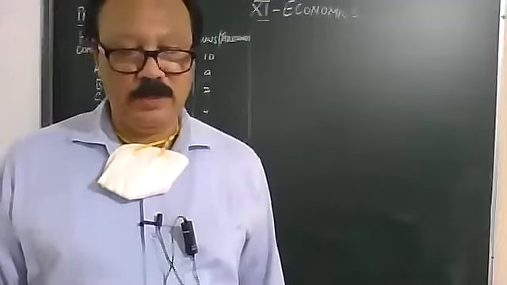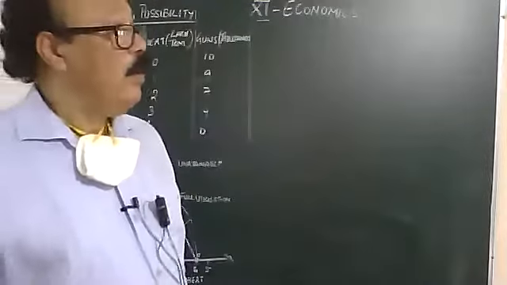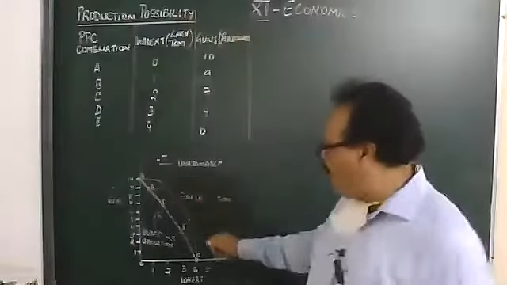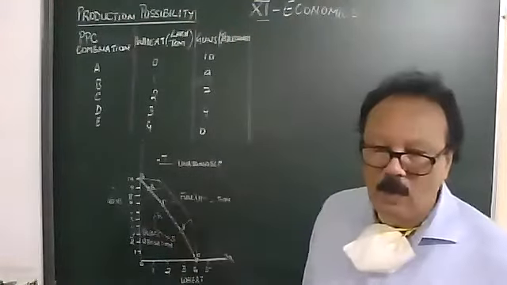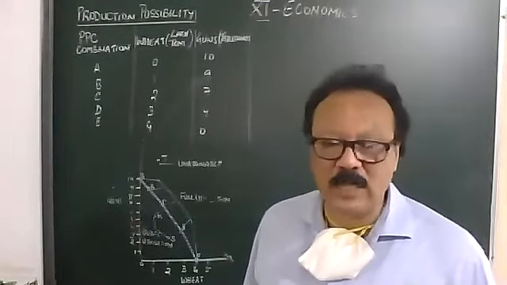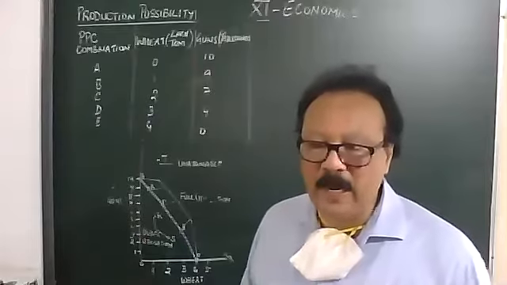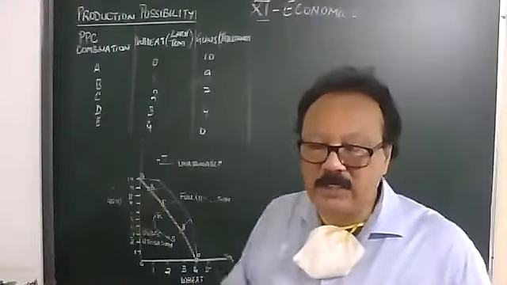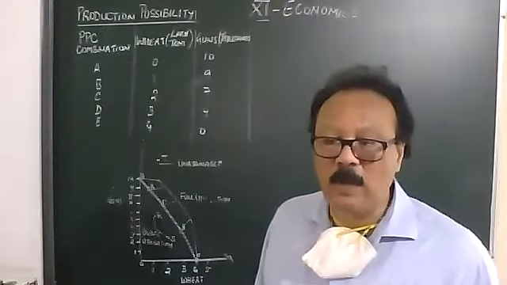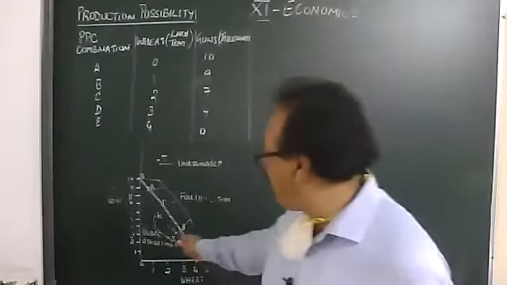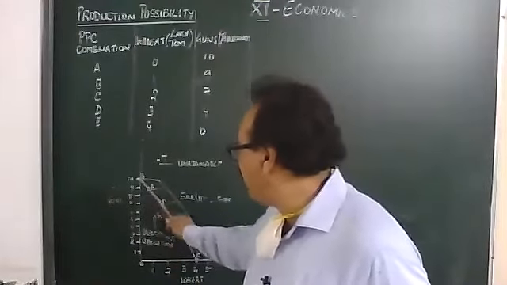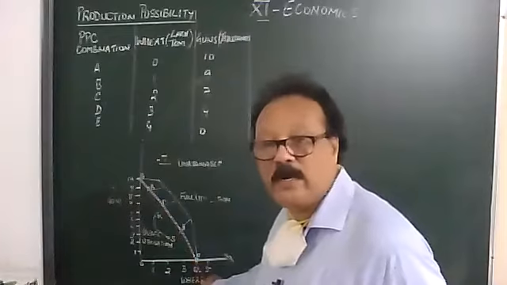Now, children, when the economy is located inside the boundary, like these 2 points, what does this show? That some of the resources are unemployed, and if we put them back into work, then they would raise the production of some goods without having to lower the production of anything else. Since they are underutilized, if we put them to use, we can increase production. They can come up to any of these points over here.